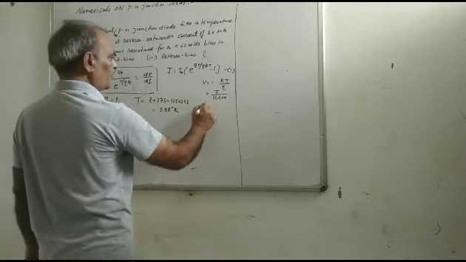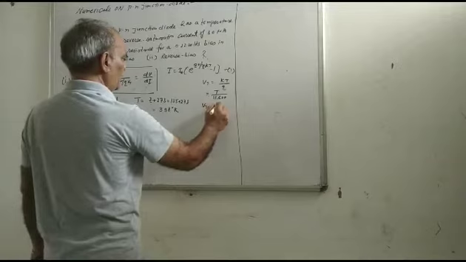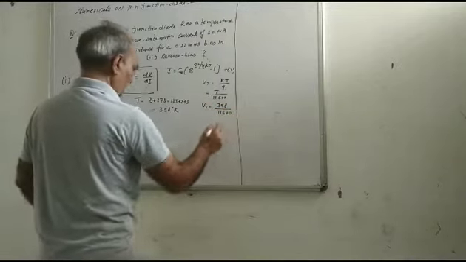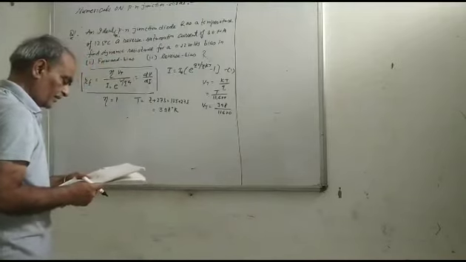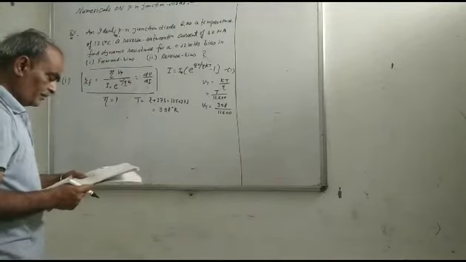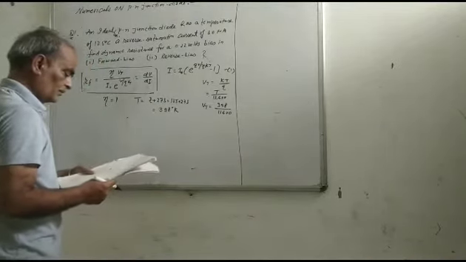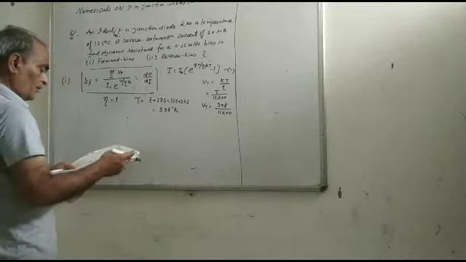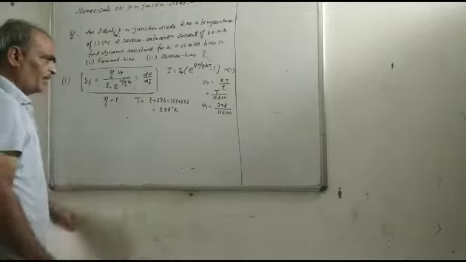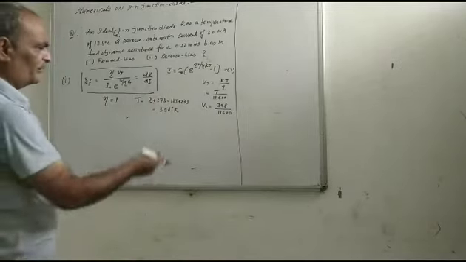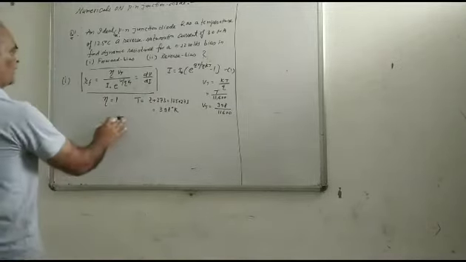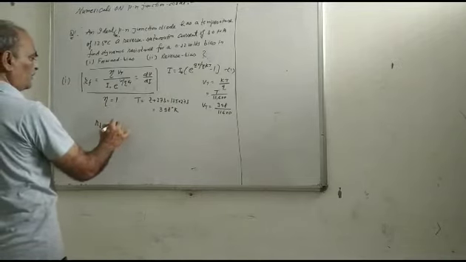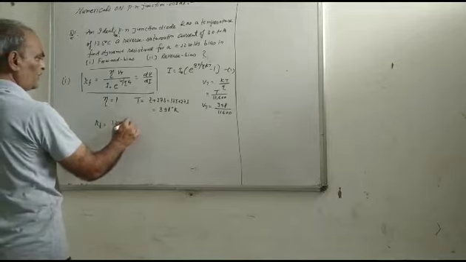So Vt is equal to T upon 11,600, 398 upon 11,600, and this value comes as 0.0343 something. Now substituting this value, Rf is equal to eta is 1, Vt is 398 by